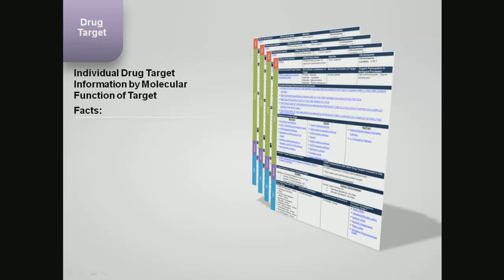The first pillar covers properties of individual therapeutic targets and their R&D profiles. Importantly, drug targets are the critical link between drugs and their role in the treatment of medical disorders. The most significant part of Pillar 1 is the presentation of the individual drug target information profiles organized by molecular function of target. Each Cancer Highlights includes 100 to 200 plus drug target information profiles, and each profile is represented